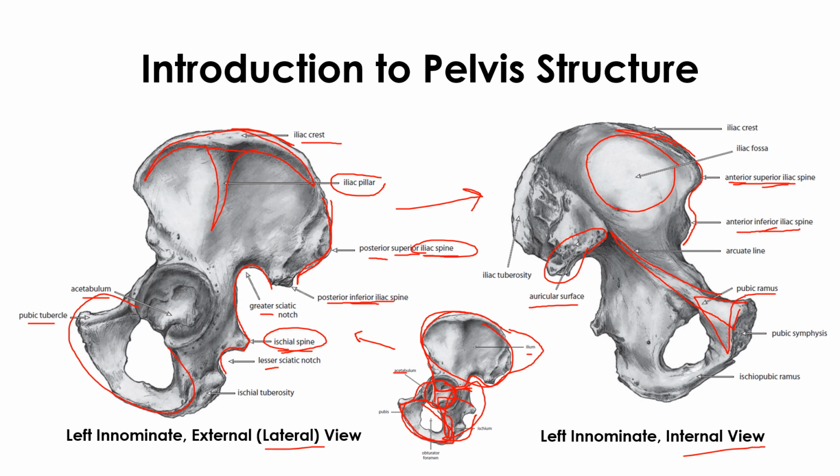From here we get the line which passes till the pubis, and here we have the pubic symphysis, which is the joining part with the other pelvis, the right side one. The ischiopubic ramus is this one, the connecting bone between the pubis and the ischium. So these are the various parts of the pelvis, and let's proceed further and see what the differences are between male and female.